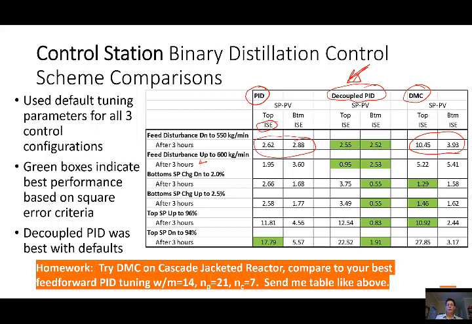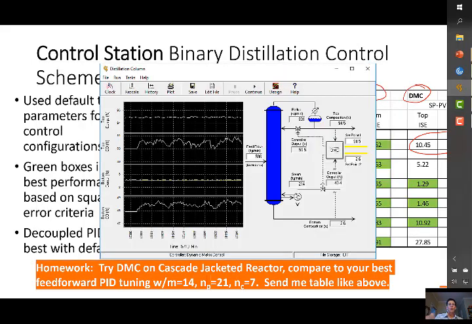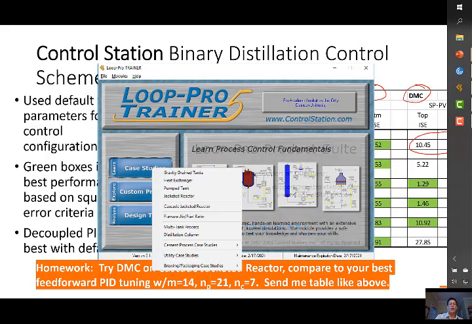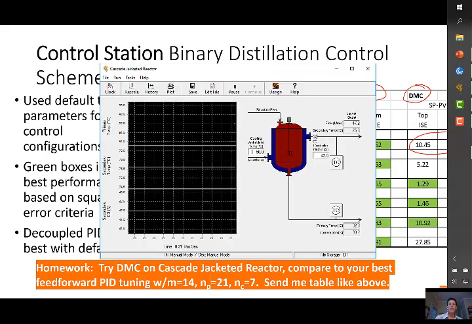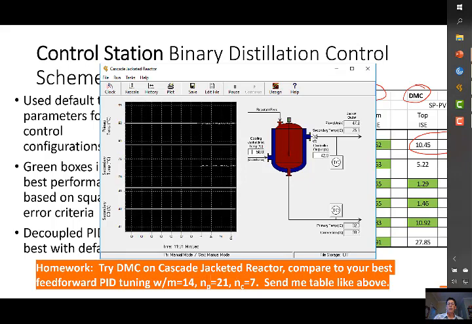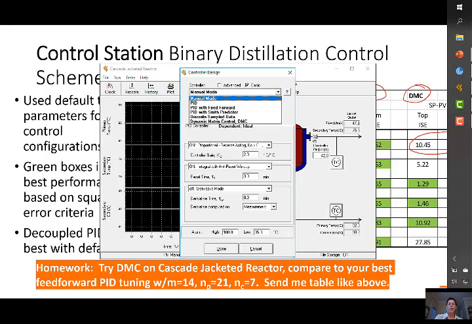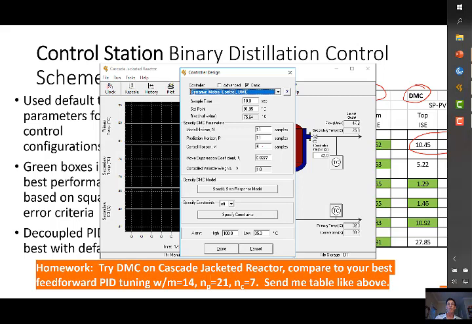graphic, and so let's go back, let's close this one and open up your jacketed cascade reactor. So if we look at the primary control loop for this and we look at the modes, we see that we can put it in PID or PID with feed forward, and also all the way down here is DMC. So let's just go look at that real quick, and we see that